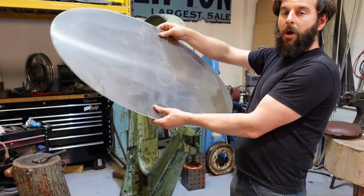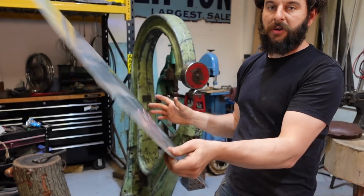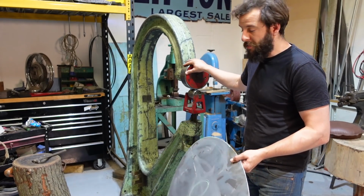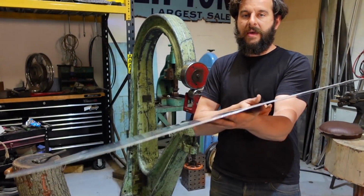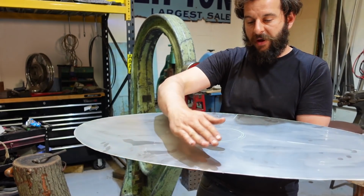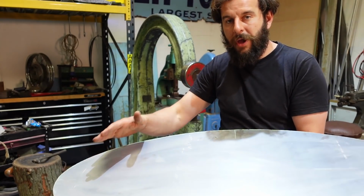My oval cut out, filed and sanded the edge so it's not too sharp. It's looking good. The next step is going to be using the wheeling machine, and this is my new one. This will be the first time I've actually ever used it, to try and just get a bit of shape. Now I don't want this to be huge, like I'm not looking to make a big huge dome. This is perfectly flat at the moment. I just want to try and get a nice, soft, just a little bit of shape in it,